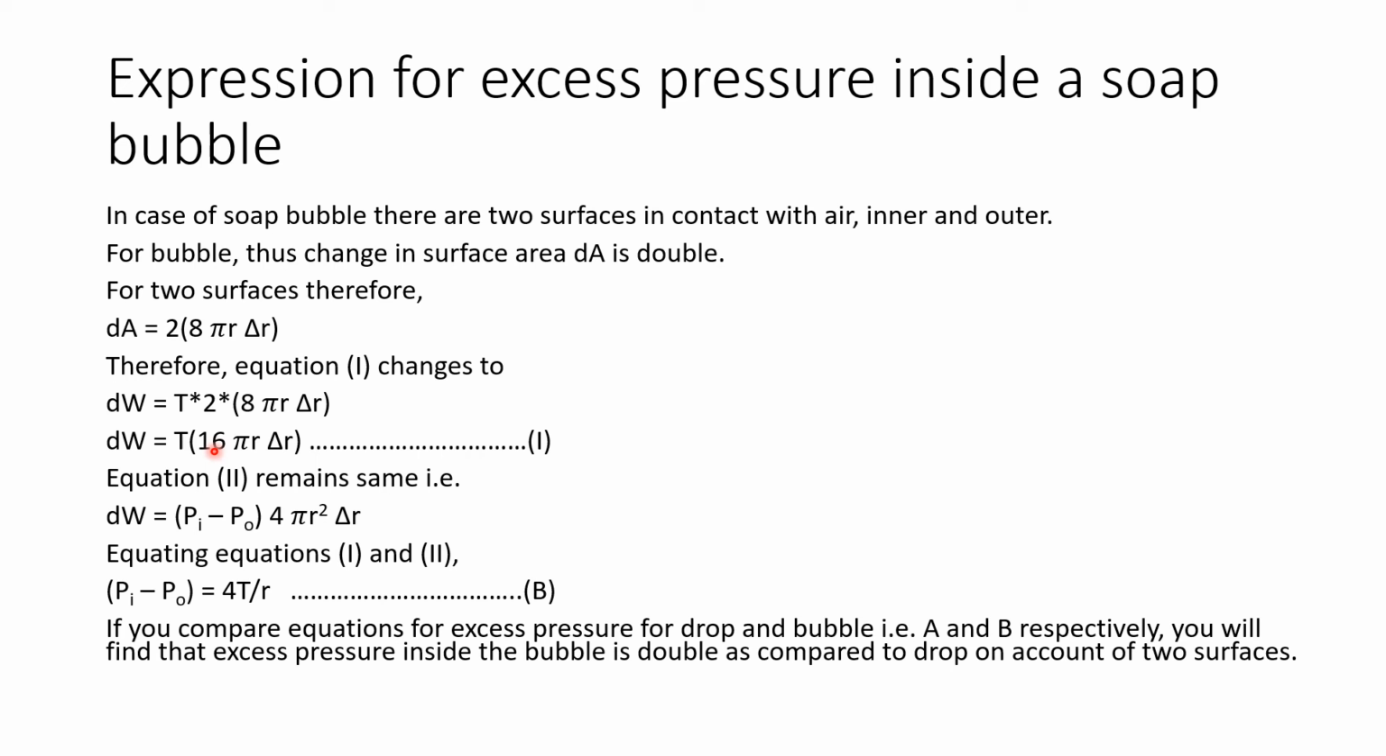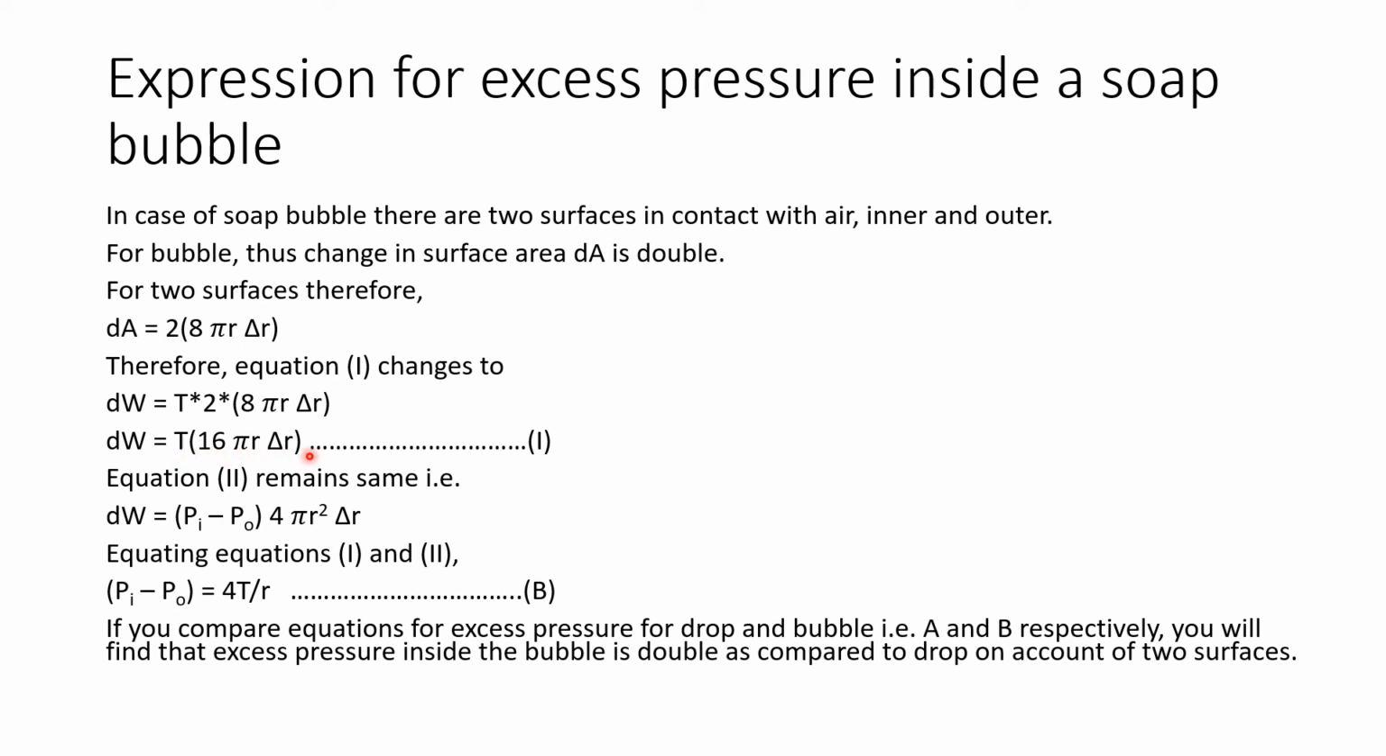We will not derive the expression again, because there are small changes. The changes are there in connection with the change in area, and hence the work done, and hence the excess surface energy stored. Therefore, this dW is T into 2 times the change in the surface area, because there are two surfaces in contact with the air, and therefore this dW becomes T into 16 pi r